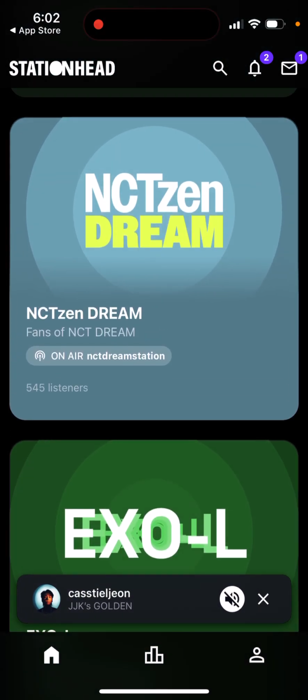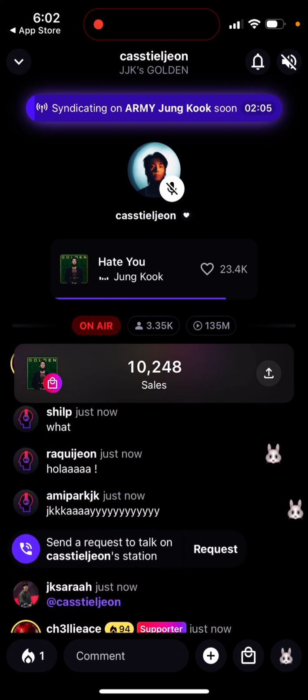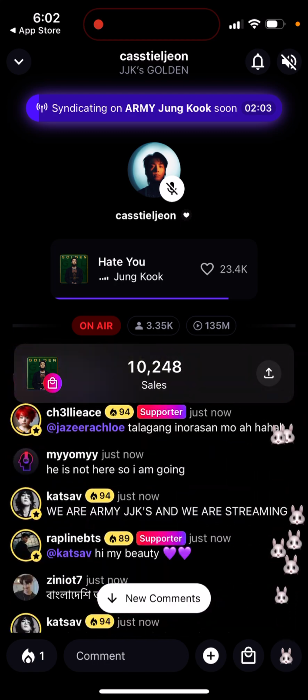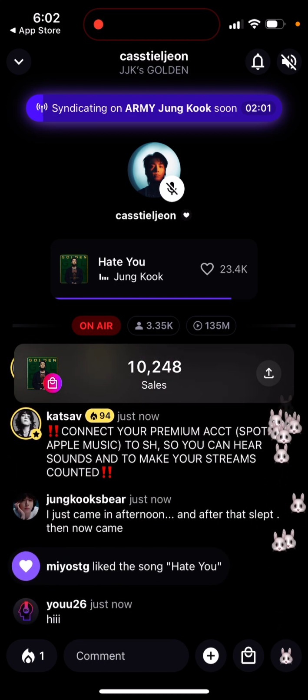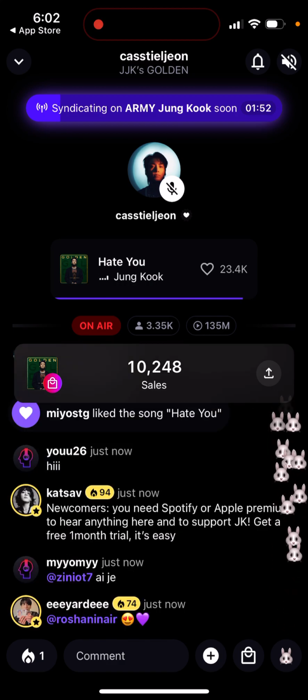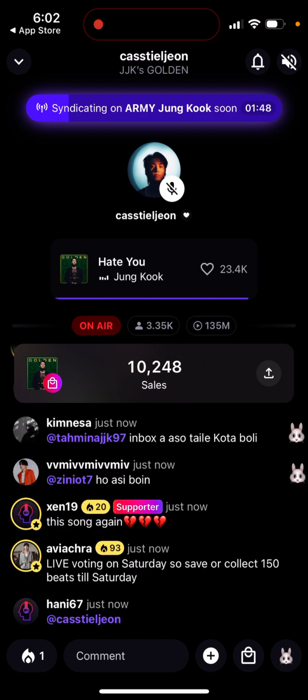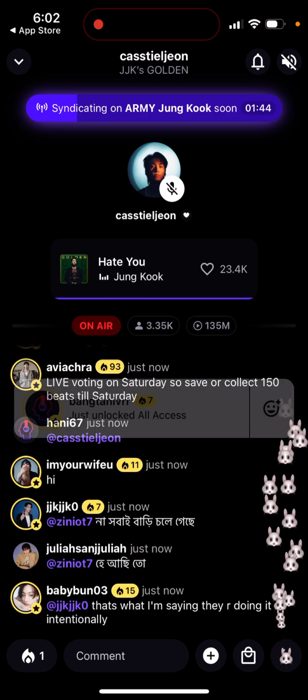So for example, I can just join this one, and then you will see some music playing. I'm not playing the music here, obviously, but you can mute the channel in the top right. There is a mute icon. But then you will see the person has basically created an account. You join with your Spotify or Apple Music Premium, and then you can just join in, and there is a chat, and you're just listening to the